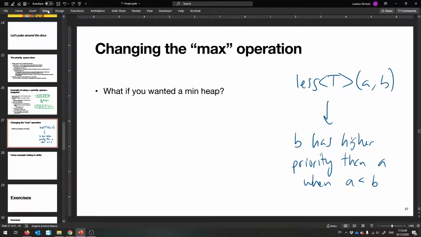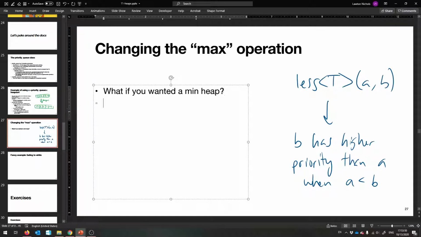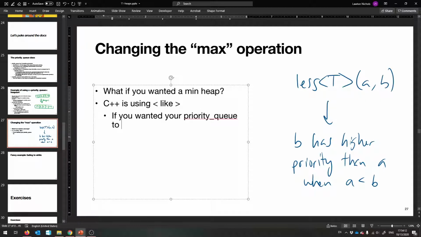It's using the less than operation, but it's using it like a greater than. It cares about this B. So C++ is using less of t. It's using the less than operator, like greater than, to determine whether or not something is bigger than something else. If you wanted it to do the opposite, you need to give it a function,